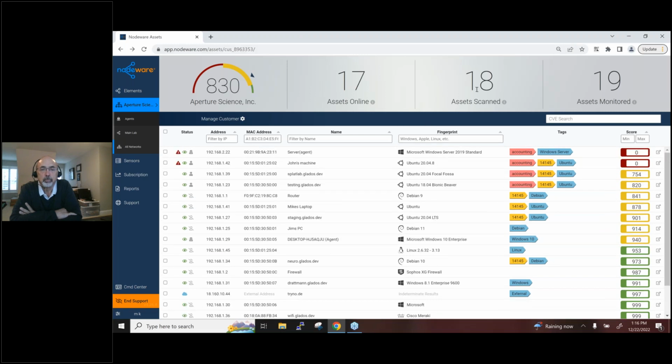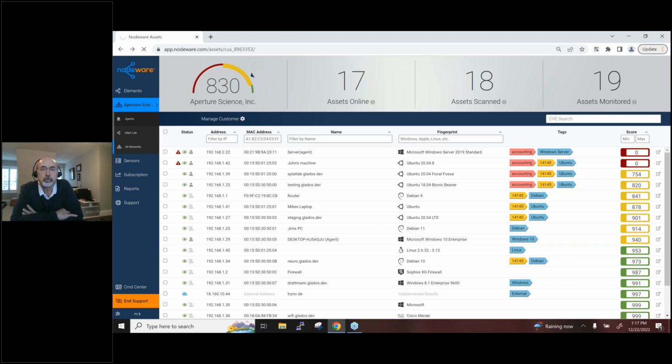What's the difference? Assets scanned are inventory, fingerprinted, which is host name and fingerprint information is gathered, and then vulnerability scan. So it's a three-step process. What this means is that 18 have been completed fully, but we were monitoring 19, meaning one of them has either been powered off, or it joined the network really quick and it didn't have time to get a vulnerability scan. So it's being monitored for when it does come back online, it will jump to the head of the queue and be scanned for vulnerabilities.